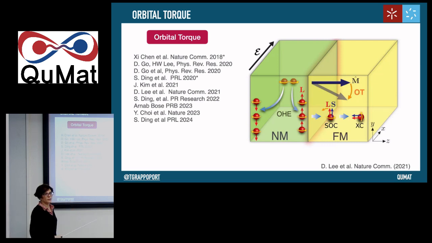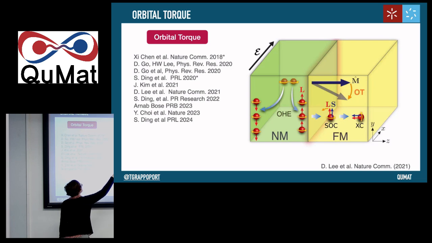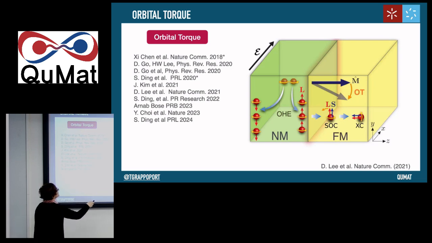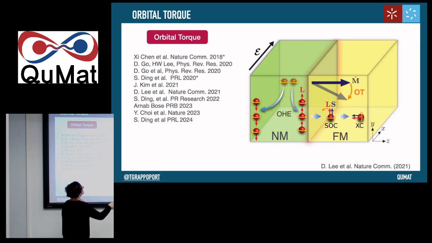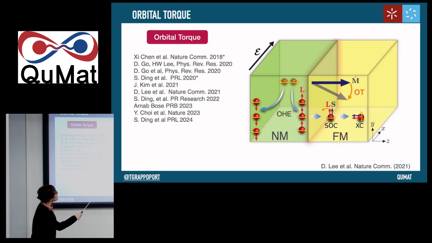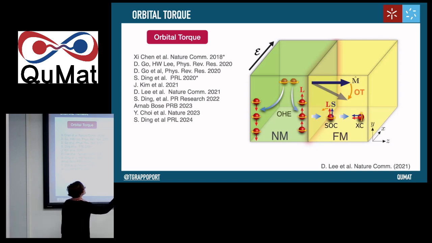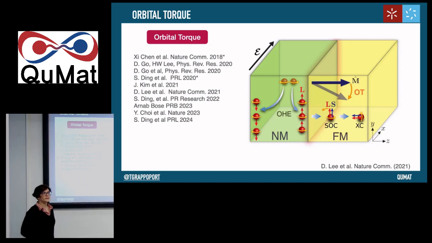Well, there is something similar, but with orbital currents or orbital accumulations. And the idea is the same. You apply an electric field, you have a current entering the material that produces the orbital Hall effect, for example. It will produce either an orbital accumulation at the interface or an orbital current, and it enters the material and can switch the magnetization. The only difference, different from what happens in the spin transfer torque, is that this is a two-step